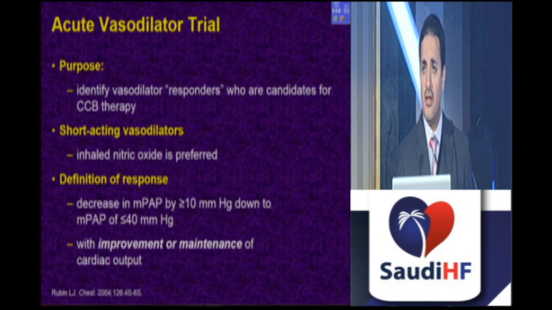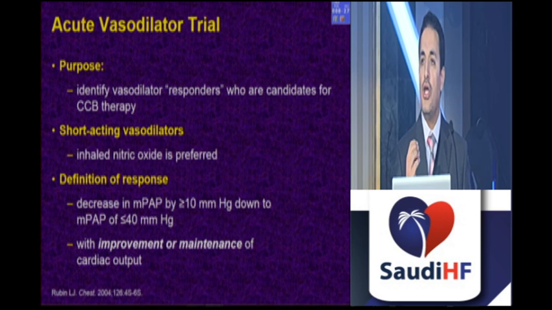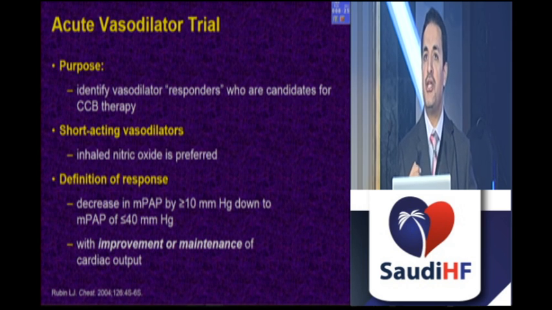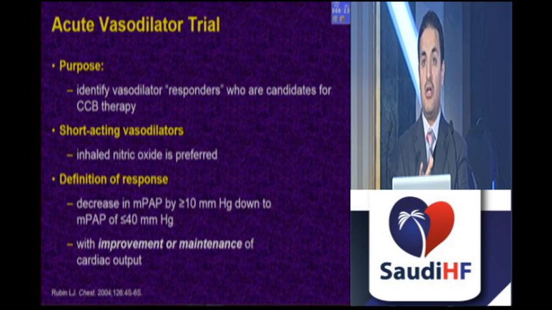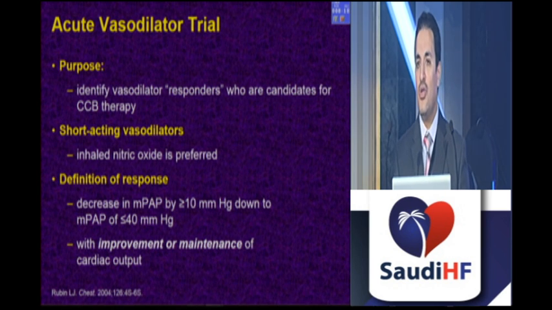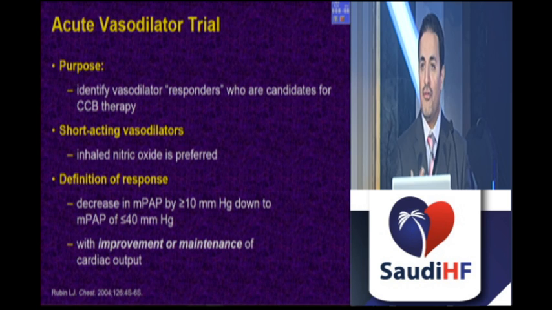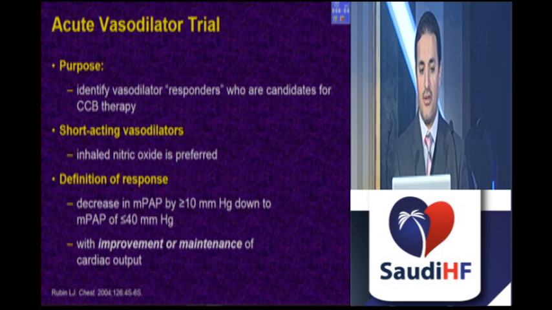The vasodilatory challenge is important, again, because it determines whether you can treat patients at the beginning, at least, with calcium channel blockers. Admittedly, the responders or reversible patients in the setting of pulmonary hypertension or pulmonary arterial hypertension, that's group 1, is only 5 to 10%. But if you find these 5 to 10%, you can at least start them with calcium channel blockers and reassess